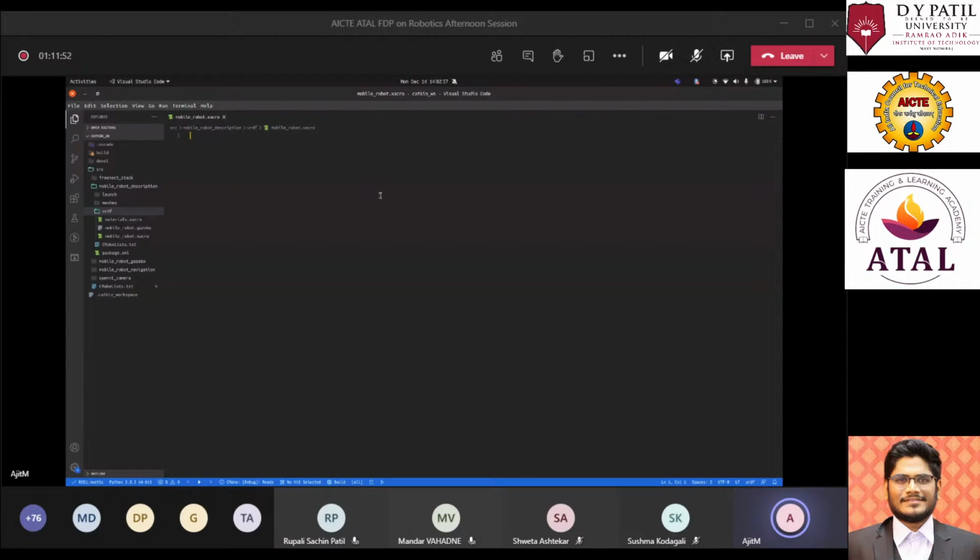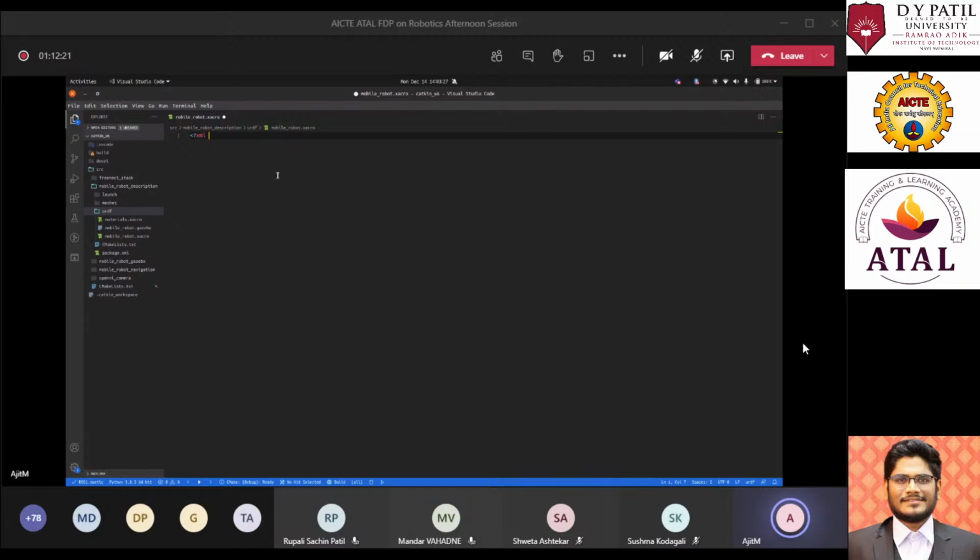Similarly, in writing robot descriptions, or xacros as you can call them, you need to use XML. So let's start with describing the robot. First we need to define that this is an XML file, and the version, which is usually 1.0.